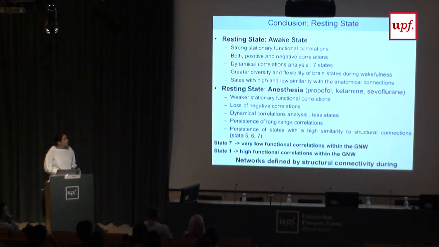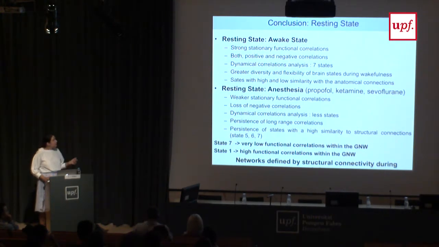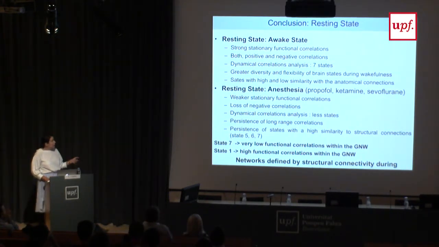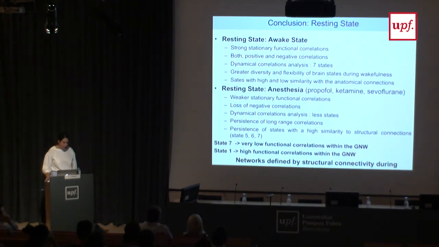So what could we conclude from these resting state studies? That in the wake state, the brain has a lot of functional connections, correlations in the brain, which are either positive or negative, that the brain could have at least 7 states that could be defined, that these 7 states are states that are close to the anatomical connectivity, but the brain can go to states that are not at all close to the underlying anatomical connectivity. And that under anesthesia, the brain for stationary functional correlations is weaker connected, with a lot of loss